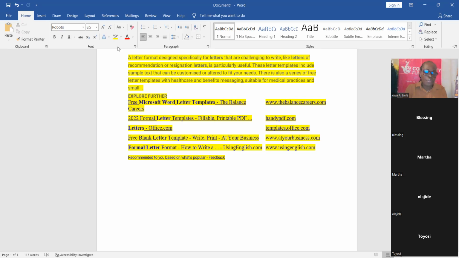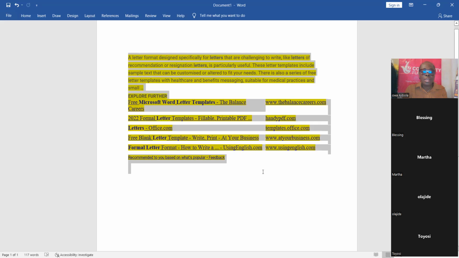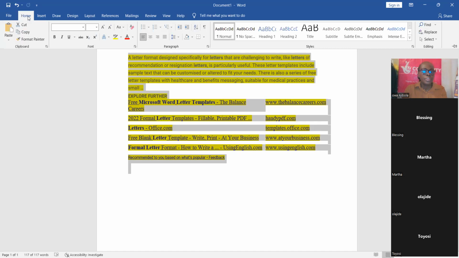Okay, let's go on to change this color again, because we're basically doing colors today. Okay, I'll go back to home. I wanted us to do it gradually so that you don't have too much loaded information. When you know this, at least if you're going home today, you should be able to know that this is how you can change a text